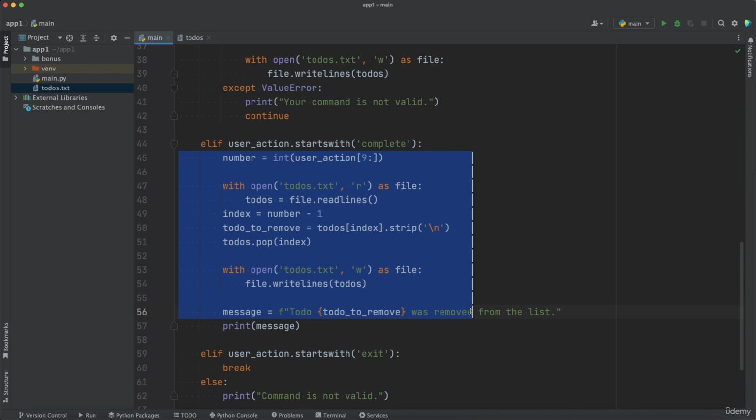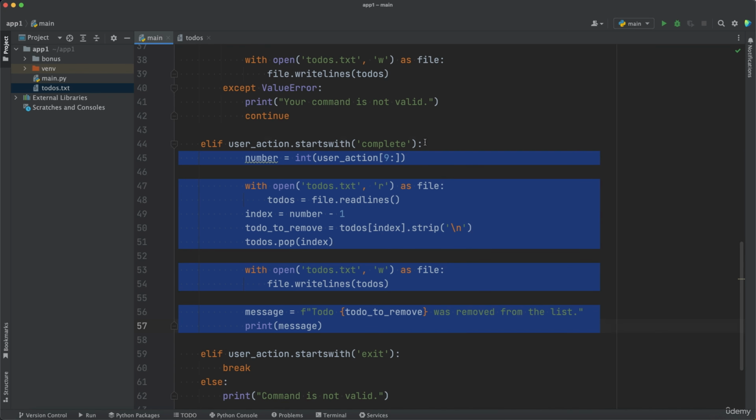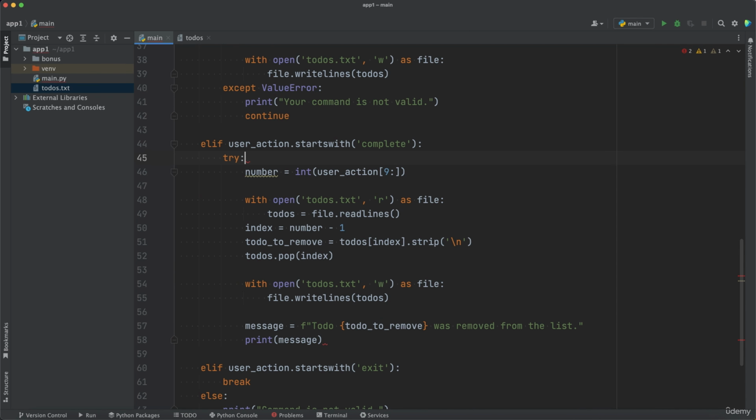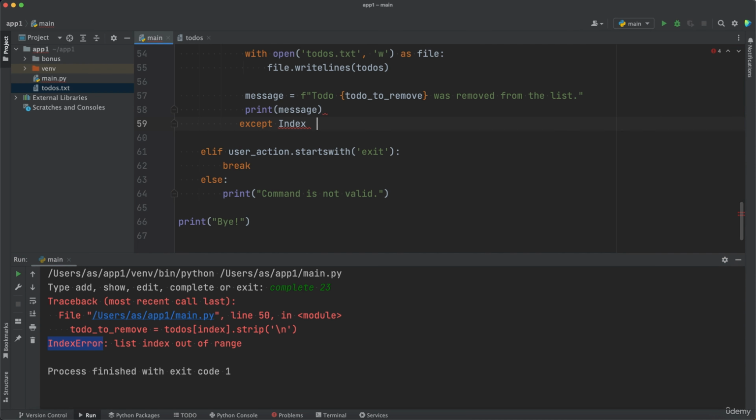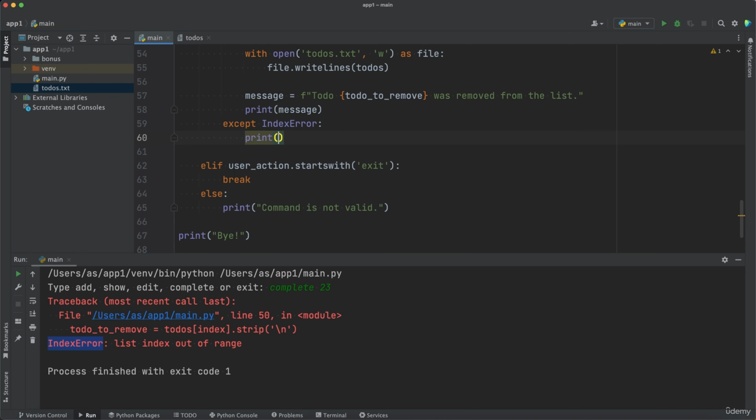So again, we want to select all these lines which are under elif, and we want to indent them by pressing tab, and then we want to add try here. So we will try to execute all that code and then catch an index error. So if that's the case, we want to print out there is no item with that number,